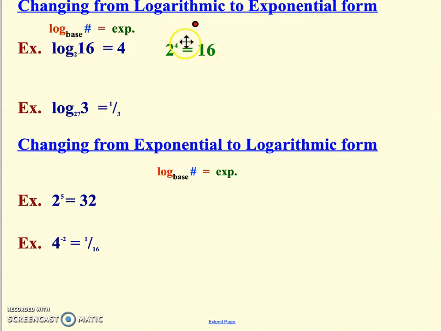equations, logarithmic and exponential. If you look at the second one, you can see base 27 to the 1/3 is equal to 3. All you're really doing is producing true exponential statements from a logarithmic, so a rewrite. And then go in the other direction, 2 to the 5th equals 32, so log base 2 of 32 is